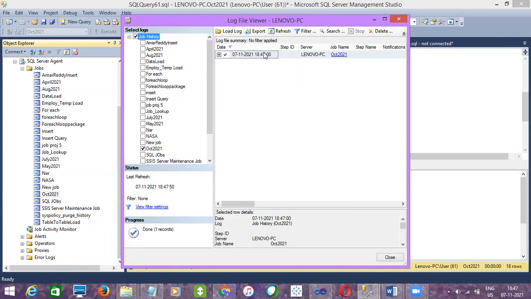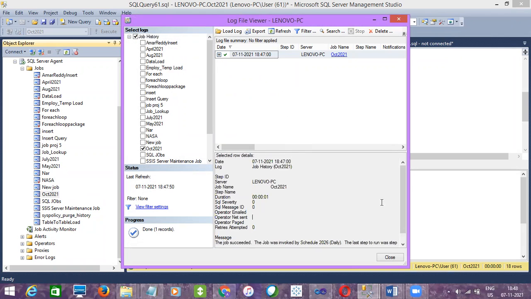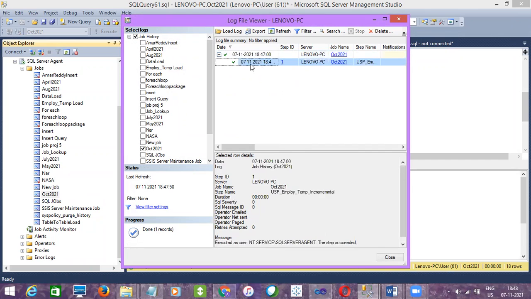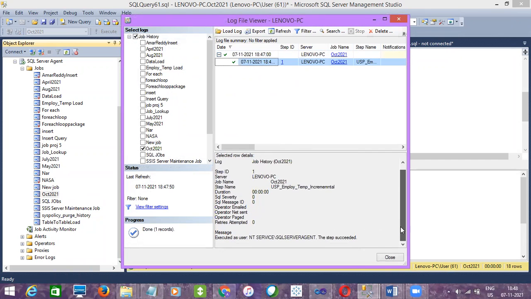Here you can see at what time the step was executed. Today 18:47, and in the description, the job succeeded. If you expand it, you can see whether the step executed successfully.